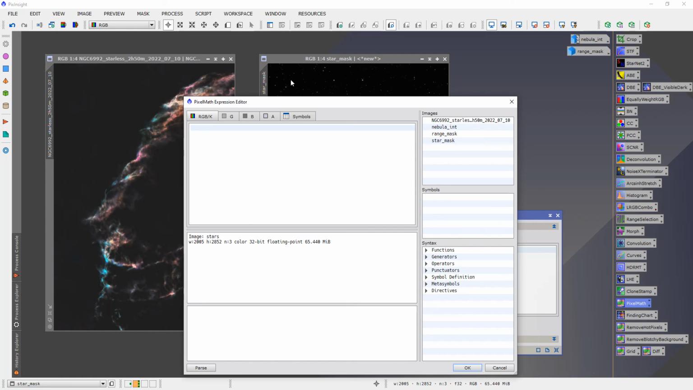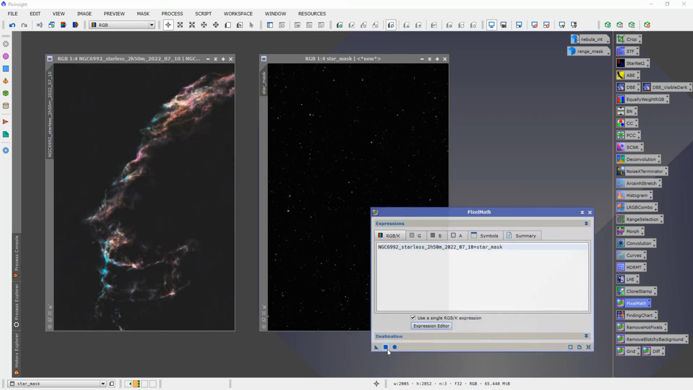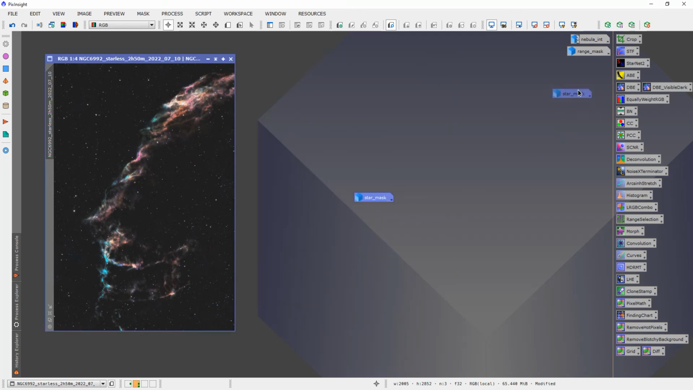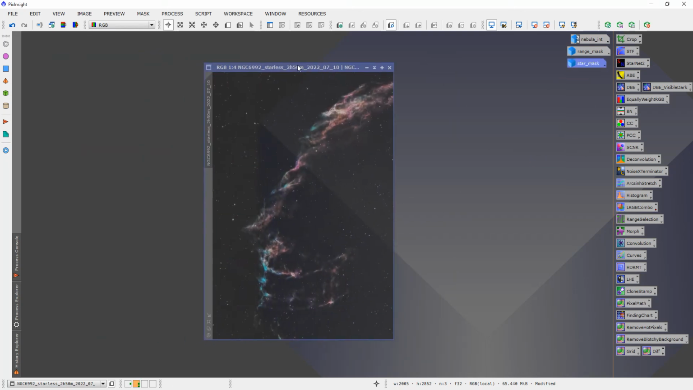and we take this one here, which is called starless, that one, and we add to that, so add the plus and the star mask there, parse that, there's no errors, that's good, and then the final stage is simply to apply this pixel math expression onto the starless image. Close that down. You can either delete that or save that, just pop it to one side, and there's your